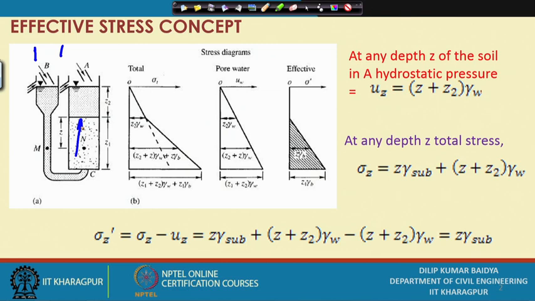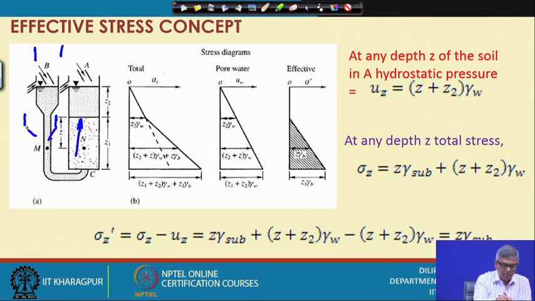And again, if I take the tank and lower it and bring it somewhere here, and overflow takes place from here, in that case, because of this change in head, water will move in this direction. When water moves in this direction, or that direction, there are two different situations, and a lot of changes will be there within the soil mass, particularly the effective stress, that we will see in the subsequent slides.